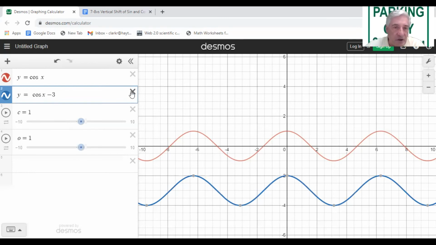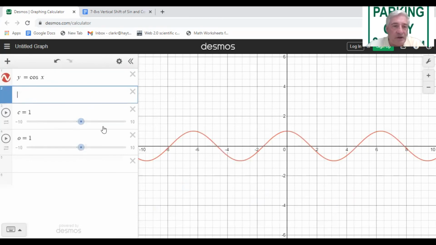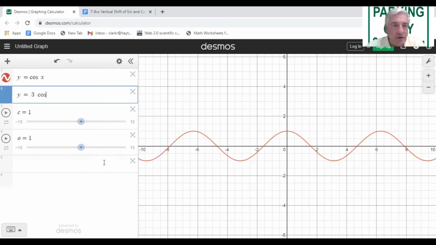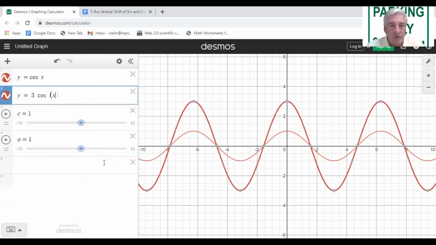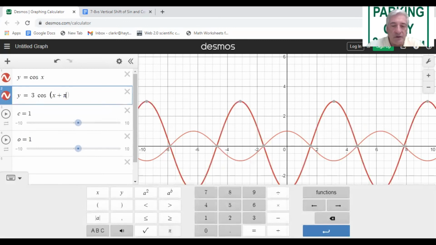So let's get rid of this equation and start with the next equation. I'm going to try and show you what each one is, and I'm going to do it with the simplest numbers around. Copy mine. Y equals 3 cosine x plus pi divided by